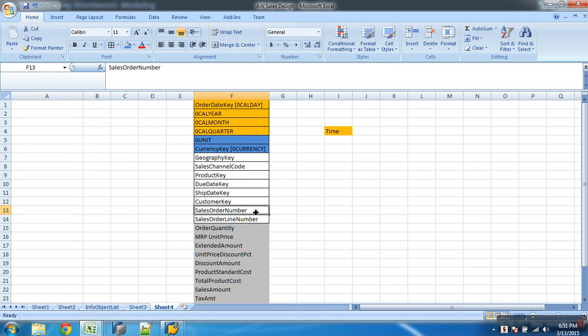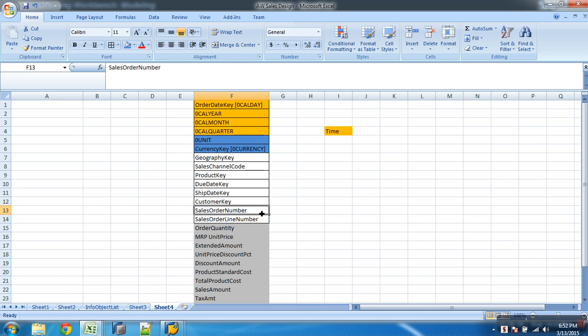Whenever you're designing a cube, if you find characteristics like sales order number, billing document number, accounting document number, material document number, purchasing document number, like the main key of the transaction, what you do is assign that to a separate dimension. Why? Look at this. I'm going to load a file with around 2 lakh records. In this example, each record is one sales order. I know for sales order there is no master data built up. I'm not creating any attribute table or text table, fine. But I'll be loading sales order number to my cube.